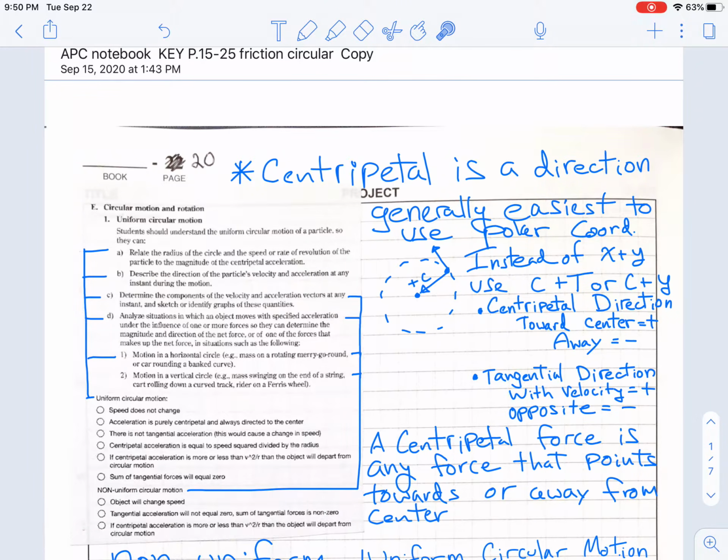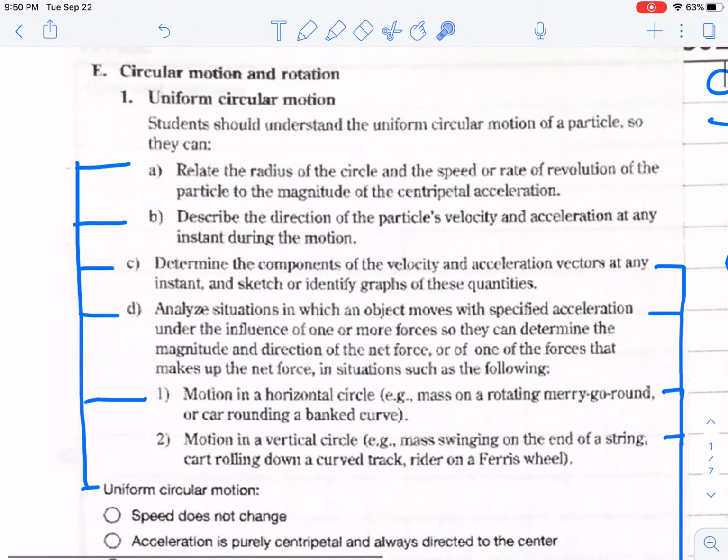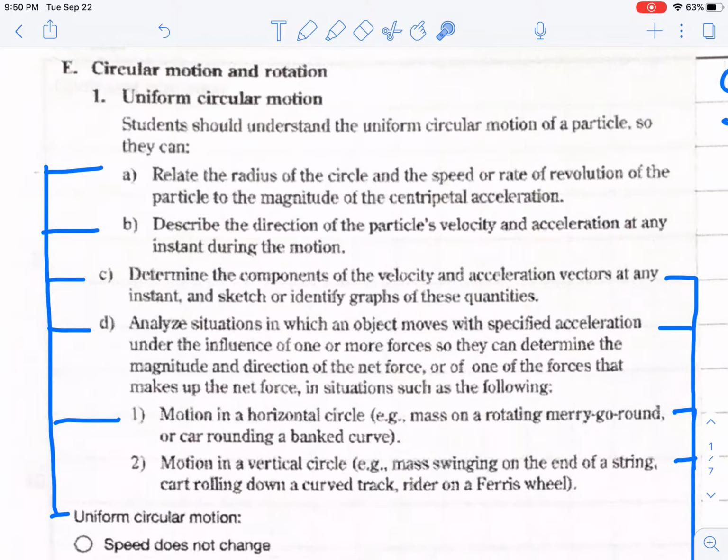When we deal with circular motion, we'll be dealing with two different types of situations: uniform circular motion and non-uniform circular motion. So in uniform circular motion, you're going to be going at a constant speed in a circle, not slowing down or speeding up. In non-uniform motion, you will be going in a circle, but you might be speeding up or slowing down as